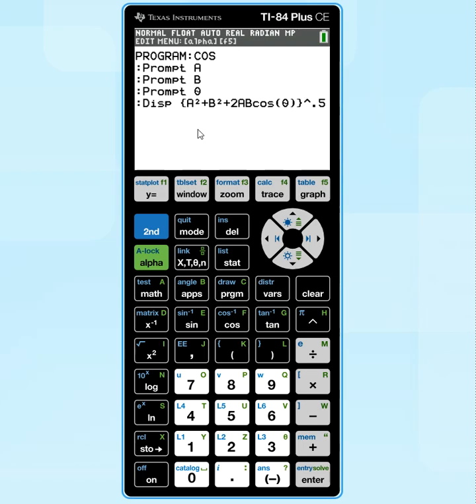So let's test it. What I'm going to do is quit out of this, second quit. I'm going to go back to my program key, and notice I have execute here, and I can pick number 1 there. Just press Enter, and I'll press Enter again, and it will prompt me for what side A is. Now if I look back at the test I had you guys just take,